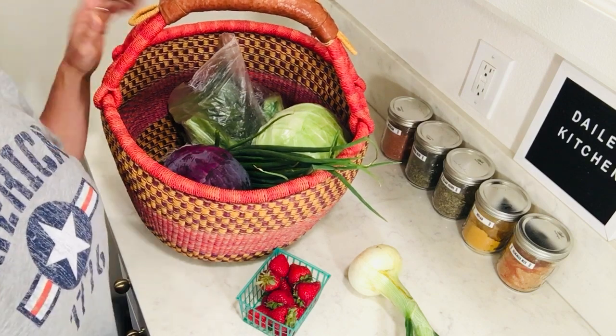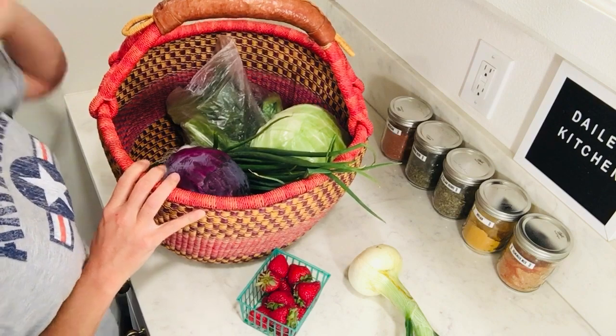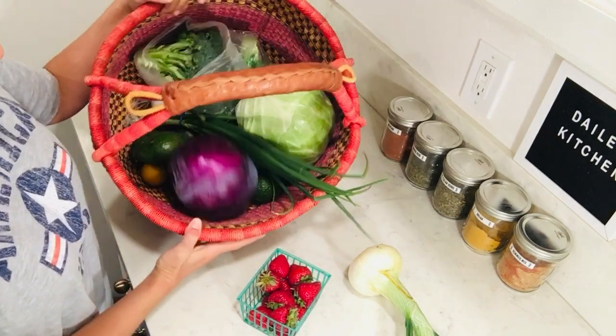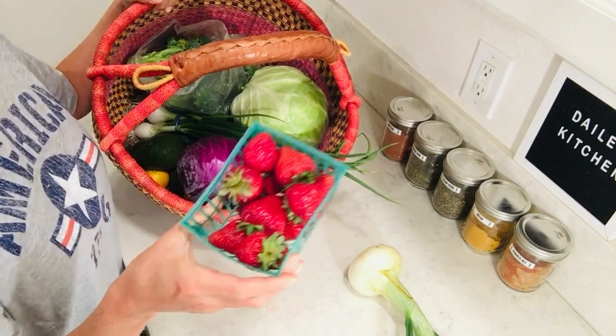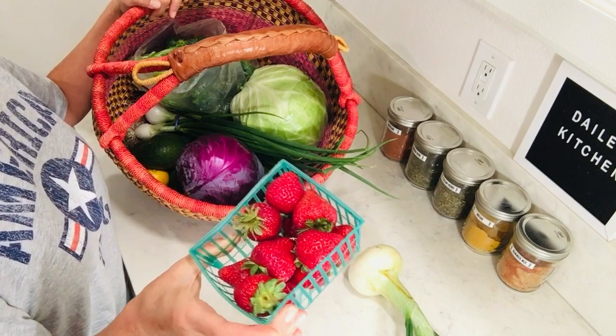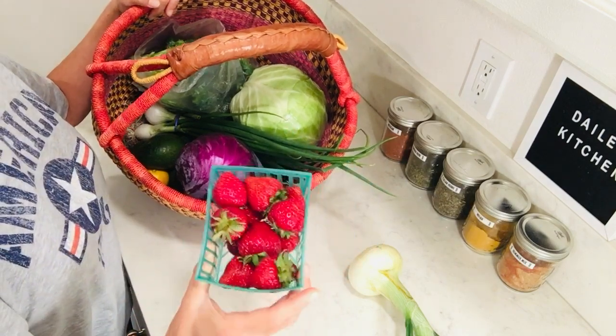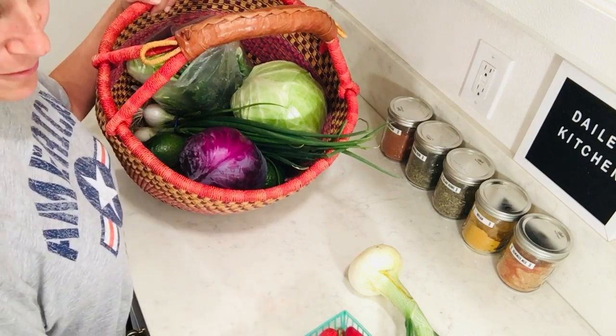And I just wanted to share with you what I grabbed from the farmer's market today. So let's dig into my basket here. One of the things I always like to buy for the daily dozen are some berries. So right now in season are these delicious strawberries. So I usually like to grab a basket of those, and sometimes we eat some while we're at the farmer's